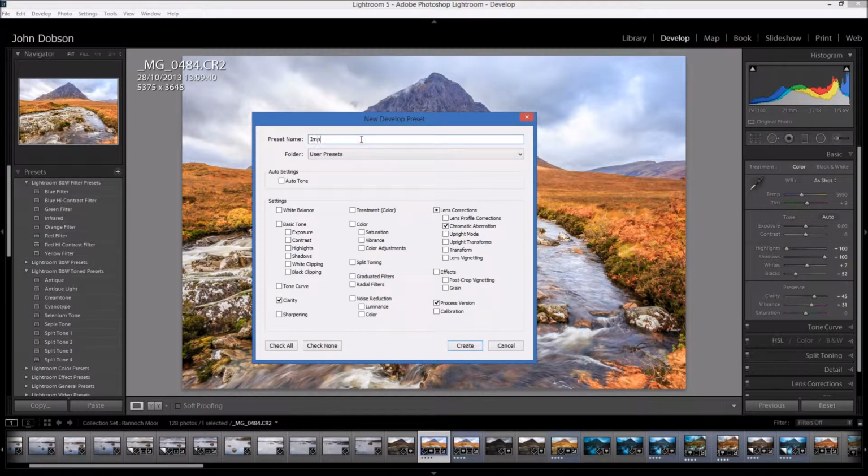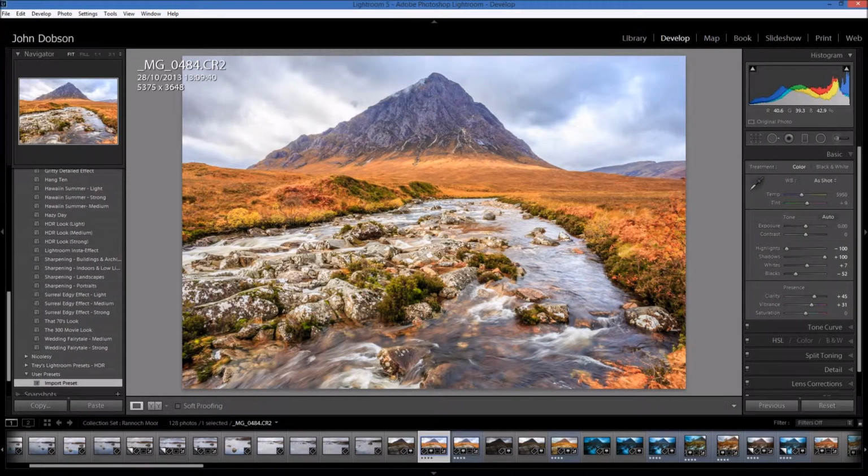We'll call this import preset. Just make sure we've got space in there. That's it. It's going to go into my user presets folder. We could actually choose any of these other ones. We could create a new folder if we want to, but I'm going to use the user presets. That will be fine. Just click on create, and down here under user presets we have my import preset,